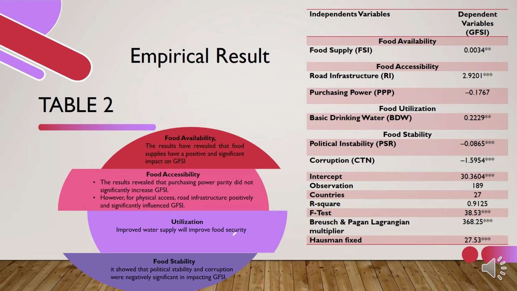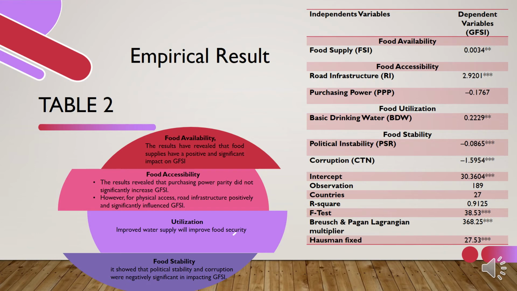In terms of food accessibility, physical access contributes positively and significantly to increasing GFSI. An increase in the road index, improvement in road infrastructure, paved road, and road density will cause an increase